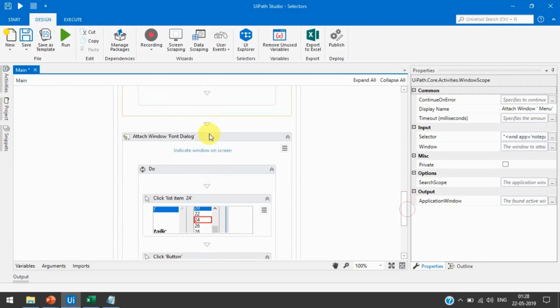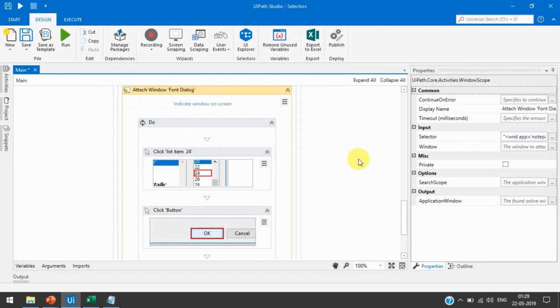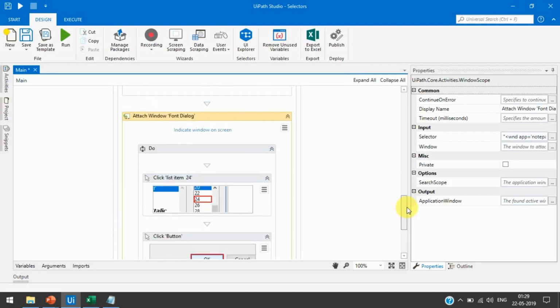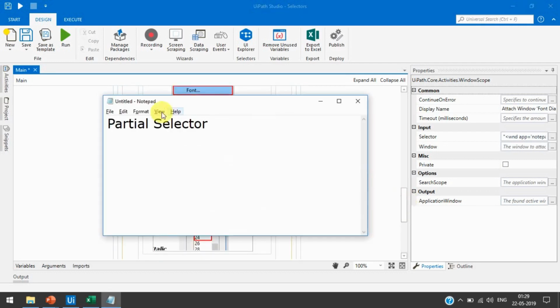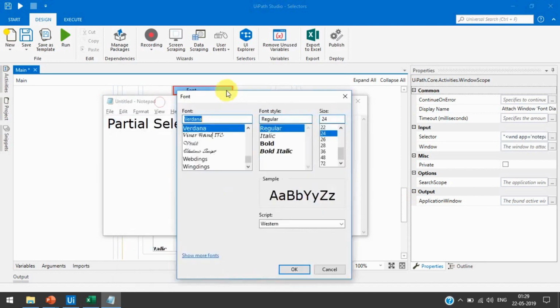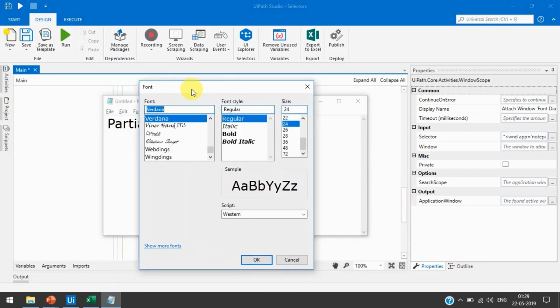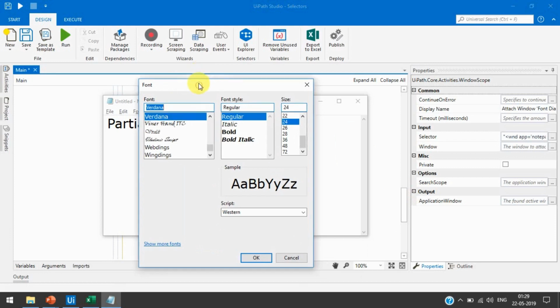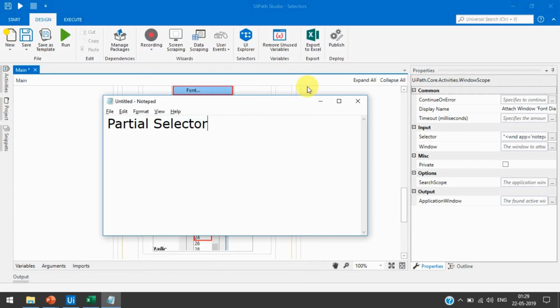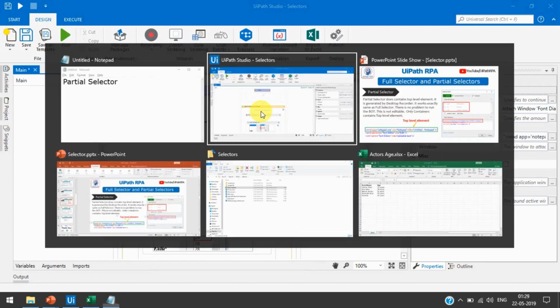And then we again clicked on font, so this is another container, because we have clicked here. So the first container is this one, and then this is another dialog box. This is for a different window, so that's why there are different containers. The desktop recording always adds the containers for each window.